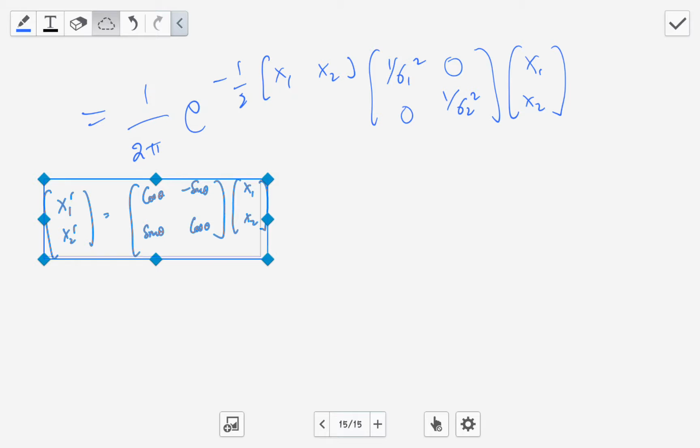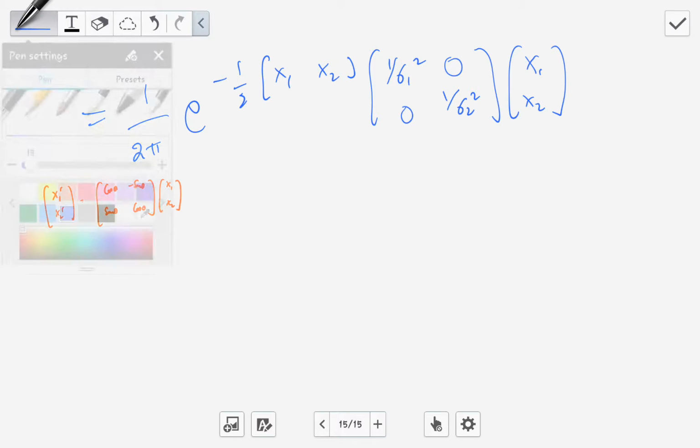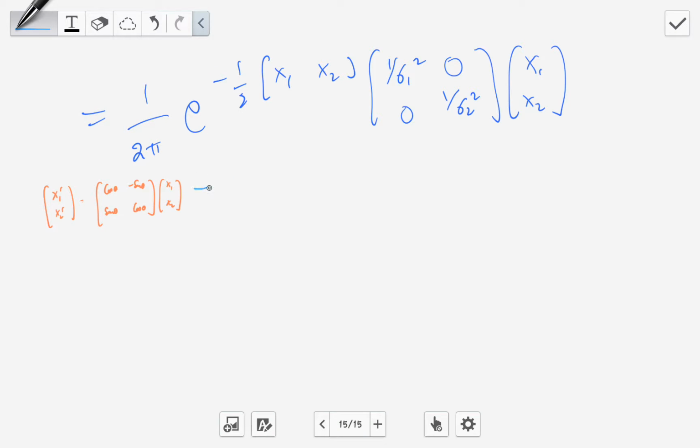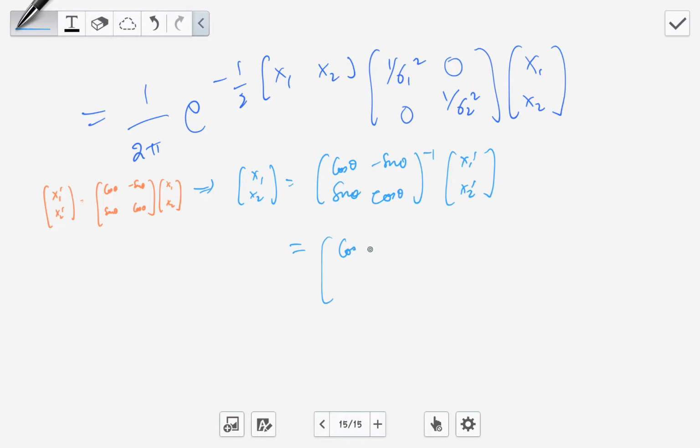Since I want to do this substitution, I need x1, x2 to be the inverse of the matrix cos theta, minus sin theta, sin theta, cos theta, isn't it? I want to have the inverse of this matrix. Now that inverse will simply be replacing theta by minus theta, because we know that they are rotation matrices, right? So you just replace theta by minus theta. That will become